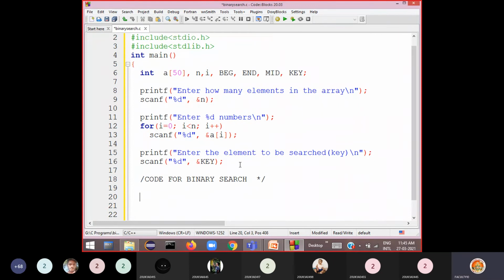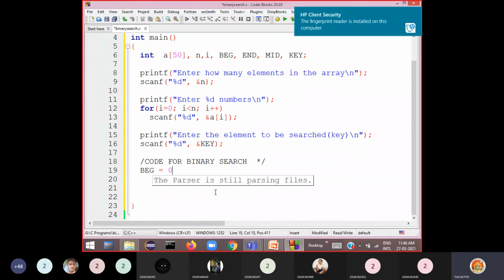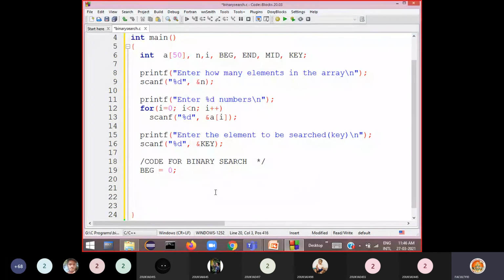Initially, beginning will be 0, and now you store beginning and end values. Beginning will be 0 because the left side element of the array is present at location 0, index 0, and the end value will be at n minus 1 position.